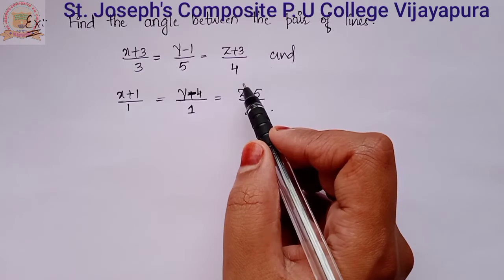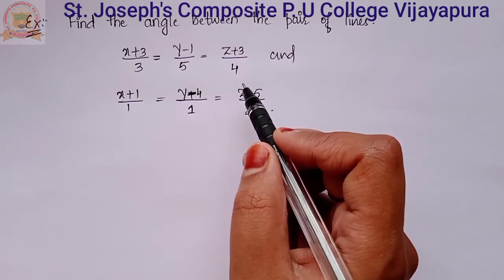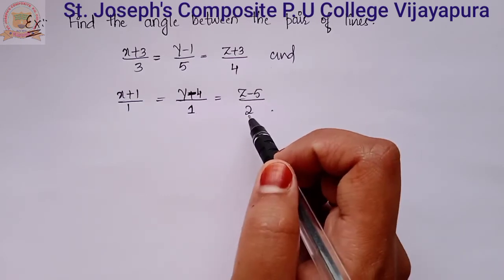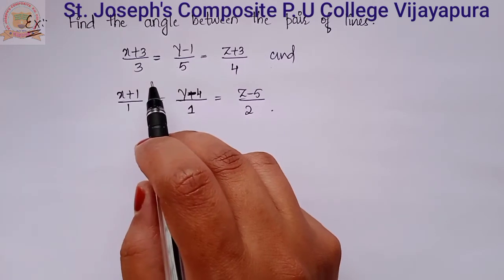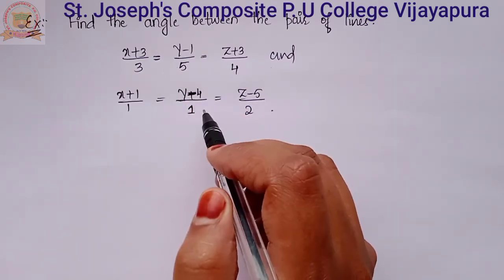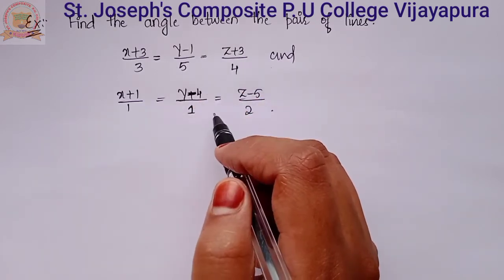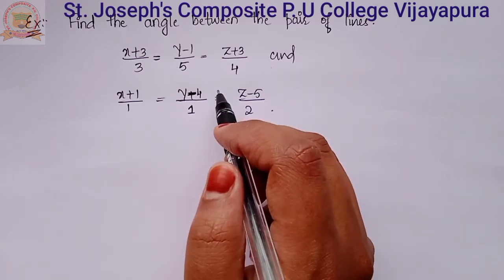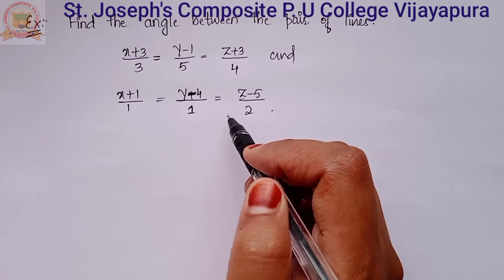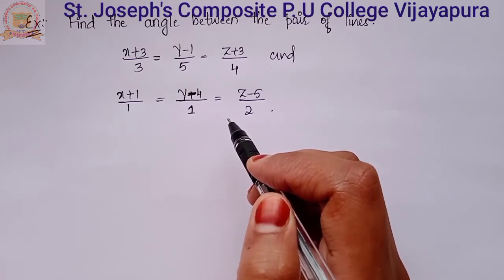Here you can see the given is the equations of the lines in Cartesian form, and we have to find the angle between them. On comparing these two equations with the standard form of the equation of the line in Cartesian form,